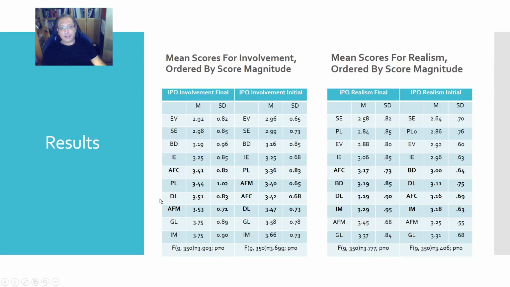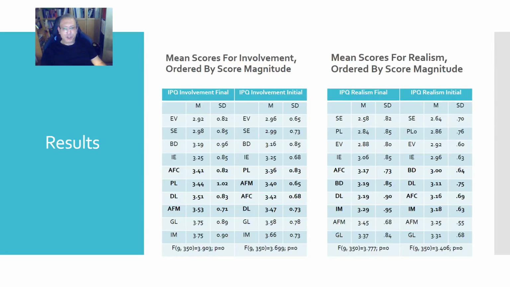They are ranked differently with the 14-item and 11-item versions, as is the same for the realism dimension. The ranks of the games are similar for the first 2 games and the last 4 games, but the other 4 games are not ranked in the same way on those versions. However, the mean score differences are quite low, as you see.